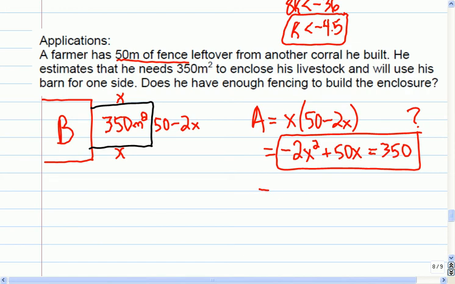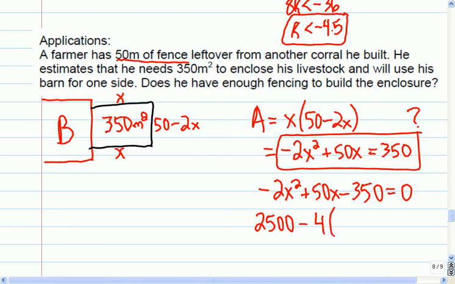So to solve this equation, they'd have to do this. Right? And now let's be honest, most people, to build a garden fence, they're not going to pull out their calculators and do some math. 99.99% of people are just going to take the fence and start trying it, I guess, and check. But if we actually find the discriminant here, b squared is 2500 minus 4 times a times c,